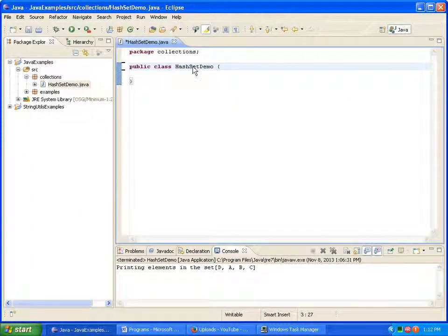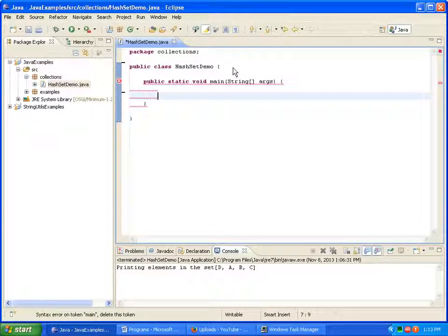For that I have taken a new class, HashSetDemo, and I'm writing a main method.